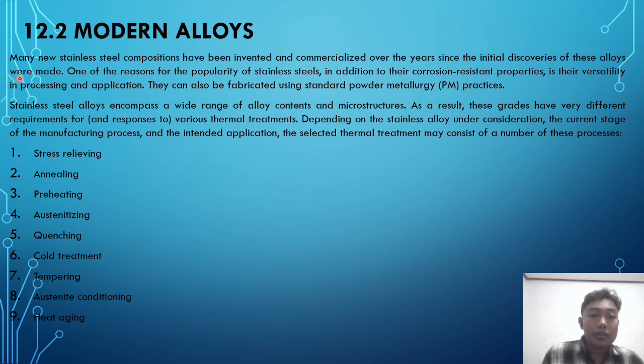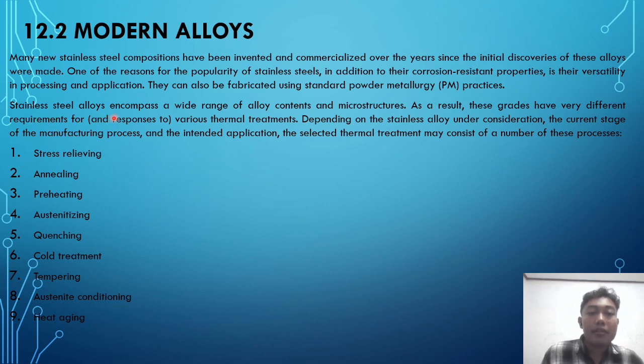12.2 Modern alloys. Many new stainless steel compositions have been invented and commercialized over the years since the initial discovery of these alloys. One of the reasons for the popularity of stainless steel, in addition to their corrosion-resistant properties, is their facility in processing and application. They can also be fabricated using standard powder metallurgy